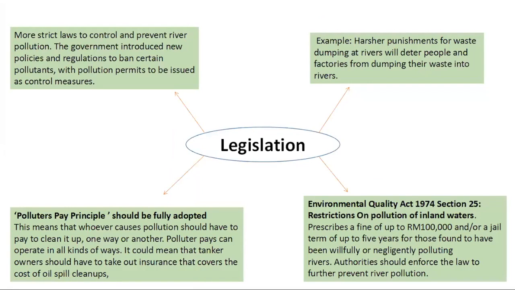And next one is from the legislation part, which is we should advise the Prime Minister and Vice Prime Minister. Maybe we can make a suggestion for a stricter law to control and prevent river pollution. So the government can introduce new policy and regulation to ban certain pollutants, with pollution permits to be issued as a control measure. For example, maybe harsher punishment for dumping at the river will deter people and factories from dumping their waste